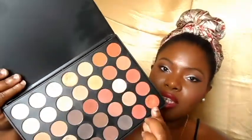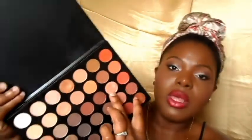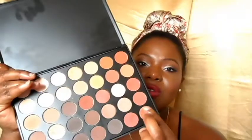The other issue that I have with this palette is that these 2 shades here especially, but the shimmer shades in general, but noting these 2, they crumble so much. Picking these up on a brush is so difficult for me, and whenever I use a primer anytime I wear eyeshadow anyway, but I feel like when I wear shadows from this palette, I have to especially go in with an extra strong, extra tacky primer in order to get these shadows to stick to my lids, because they crumble, they fall off, they flake off, and it sucks because the shadows,